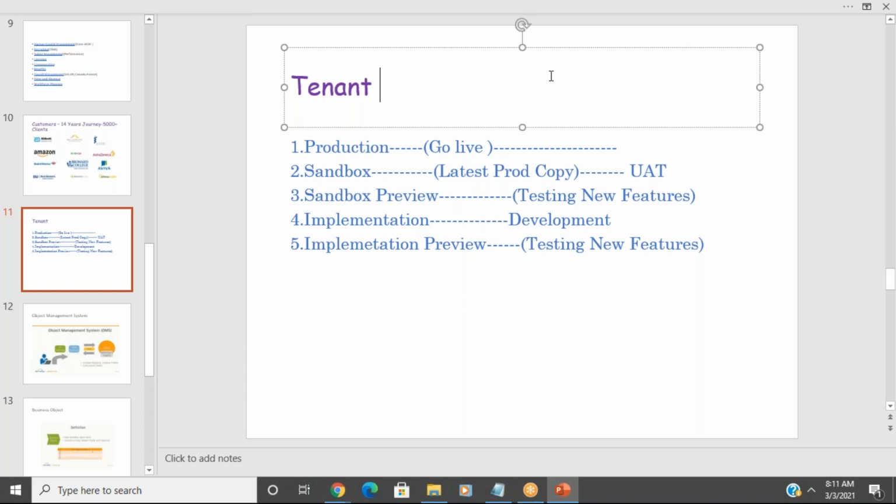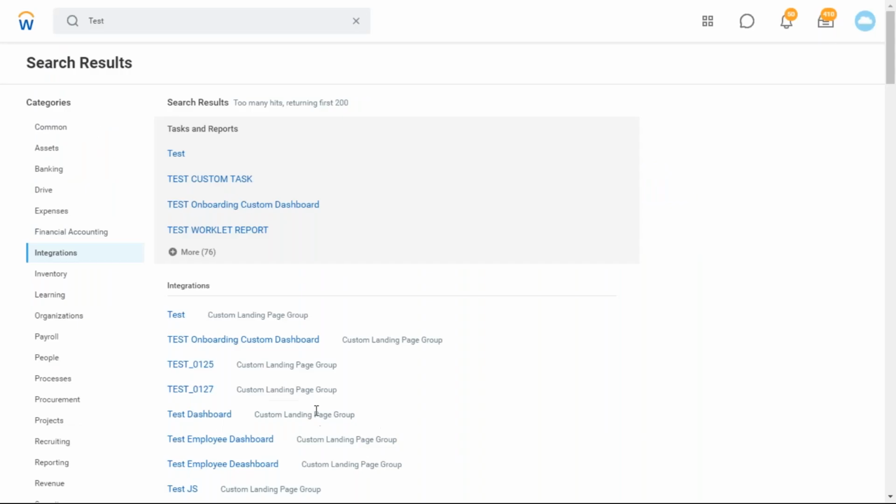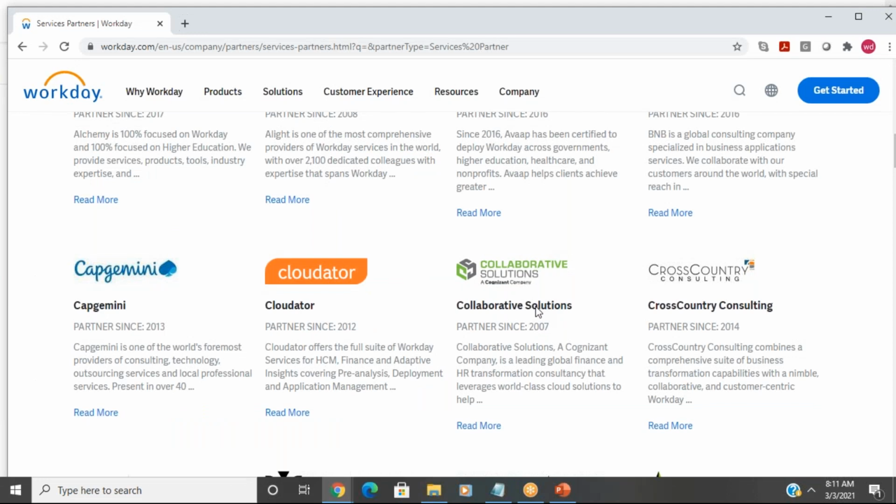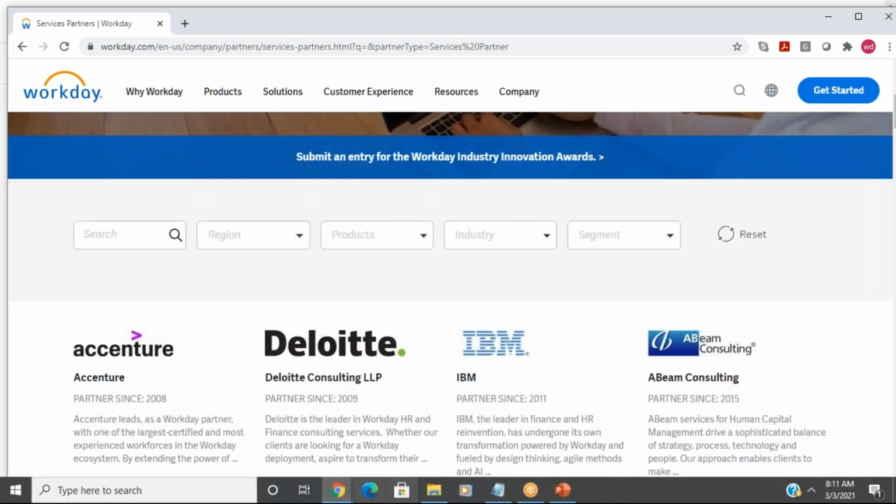We have one more tenant called GMS, Global Modern Services. This is only for learning purposes. Why is it called GMS? Workday has around 30 partners. They have access to this GMS tenant. Workday implemented all the HCM and finance modules for a company called Global Modern Services. They needed one fictitious company name, so they selected Global Modern Services. So the tenant name is also called GMS. They will train their employees in this tenant. As part of our training, you will get access to the GMS tenant.